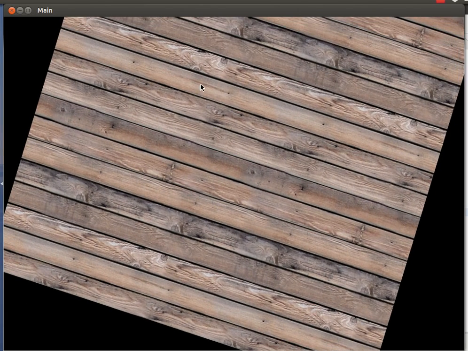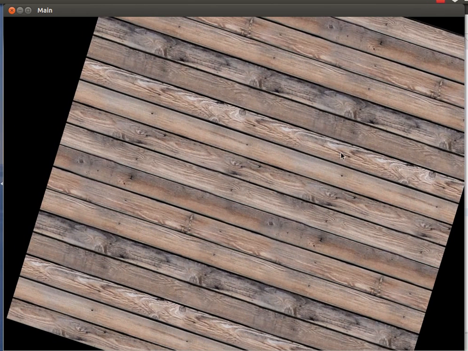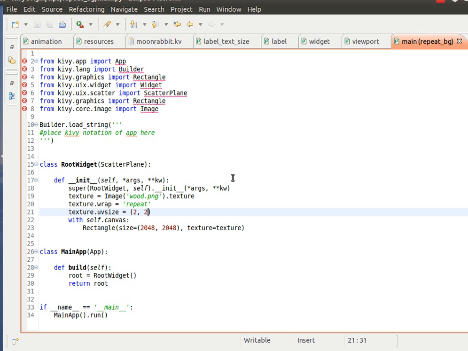Right there you may see this part. It's just a copy of this part, and here are 2 parts of this wood texture. So okay, here's the key thing. You just need to know what the texture size is. For example, right now it's